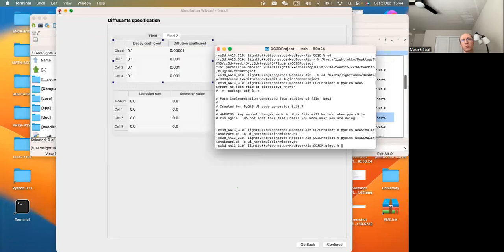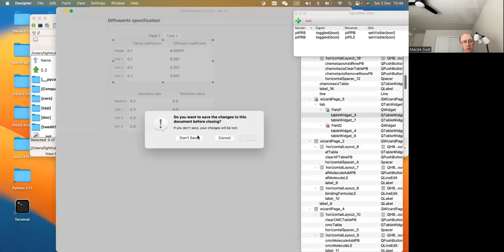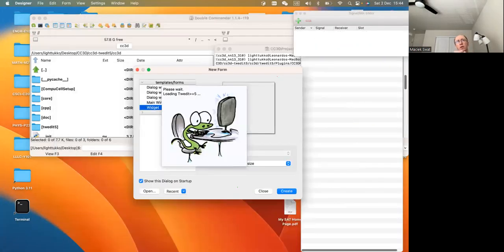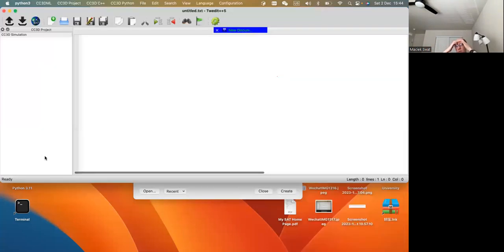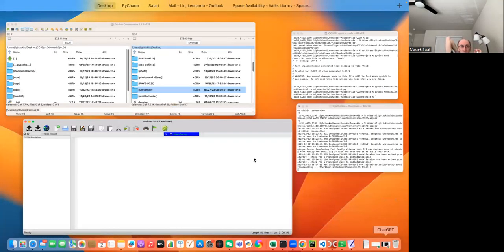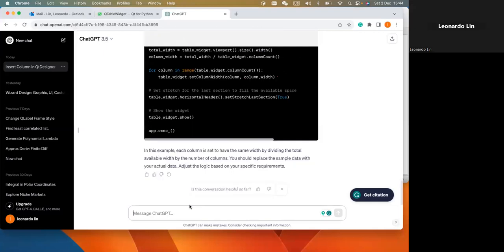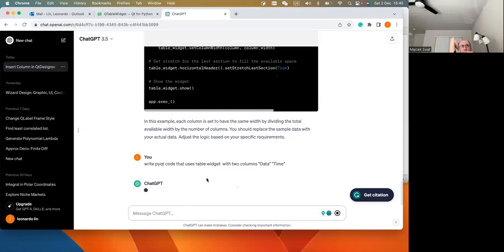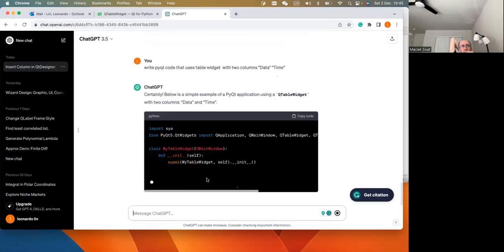In your ChatGPT window, I'm gonna paste something. I pasted the prompt that I use for ChatGPT to write this code. Can you type it in your ChatGPT? Right. It's the last one. Let's see if it uses